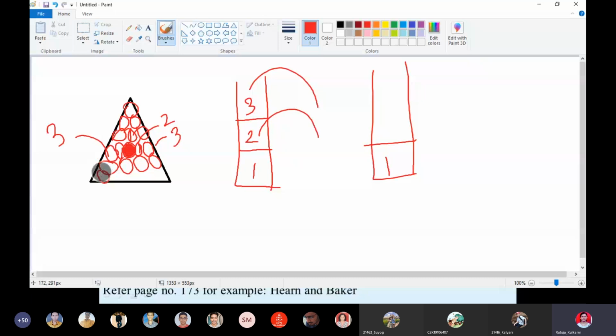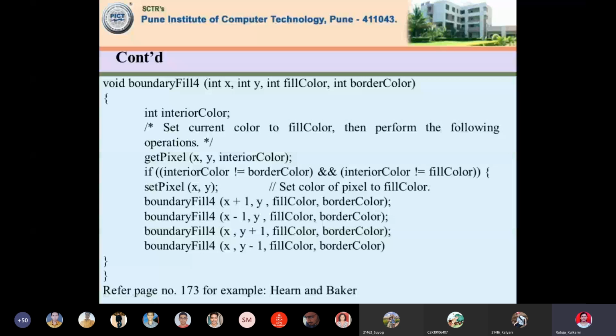This is just stacking and unstacking for the algorithm. The whole polygon gets filled in this way with the red color. This is how a recursive algorithm works. Fine, got it.